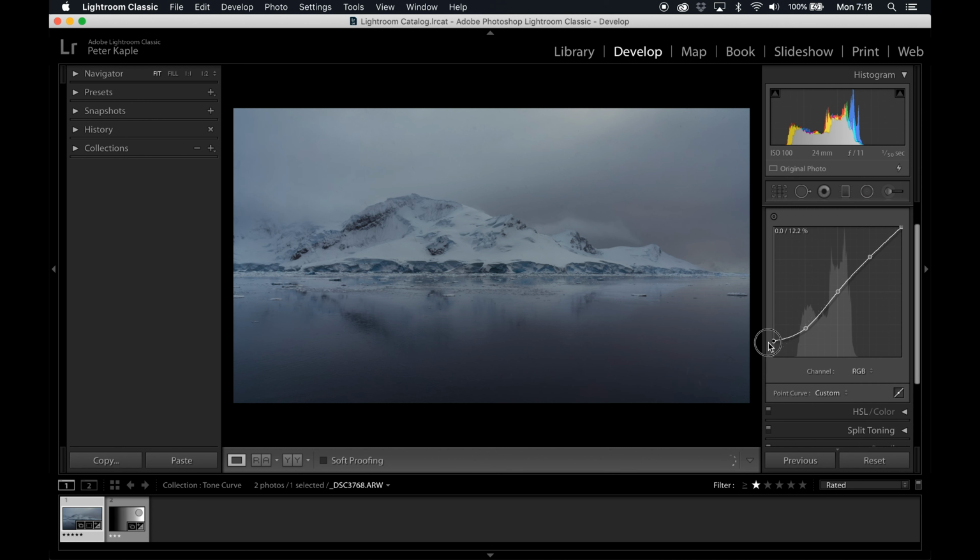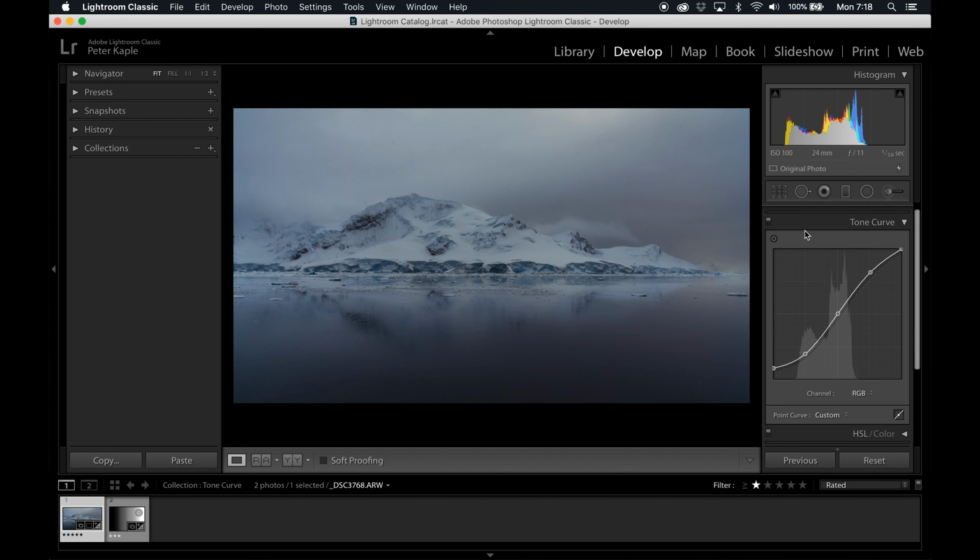The next thing we're going to do is take our shadows and raise them slightly. What this will do is eliminate any true black from the photo, and it kind of gives it a slightly film looking vibe, especially in those darker regions. Next, we'll move up the line to our darks, and I'm going to lower these just a little bit. Now, we're going to skip midtones and go to our lights, and we're going to raise that a little bit. So we've just added a lot more contrast into our photo, and you can see that because I'll turn the tone curve off and now I'm going to turn it back on.